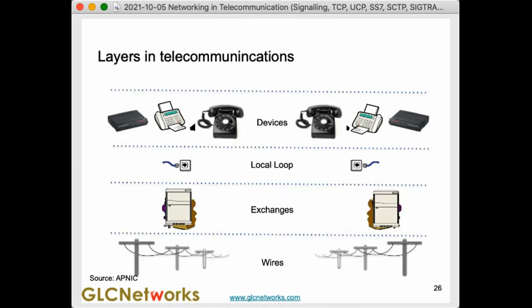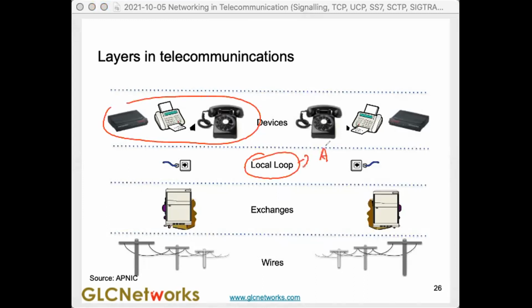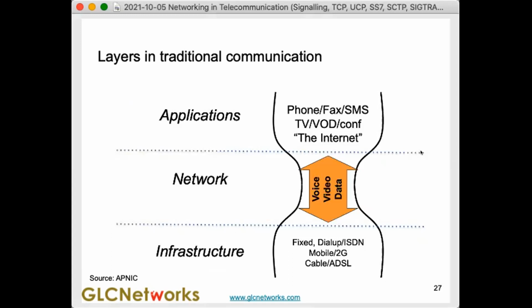Previously we know that telecommunication looks like layers. We have layers of devices. We have a layer of local loop, or access network, which is the network from the exchange or central office to the CPE, customer premise equipment. And then we have the exchange itself, and we have wires. So same concept, we have layers, but with different functionality. In traditional networks, we have infrastructure layers, we have a network, and then we have applications. And every application has its own network,